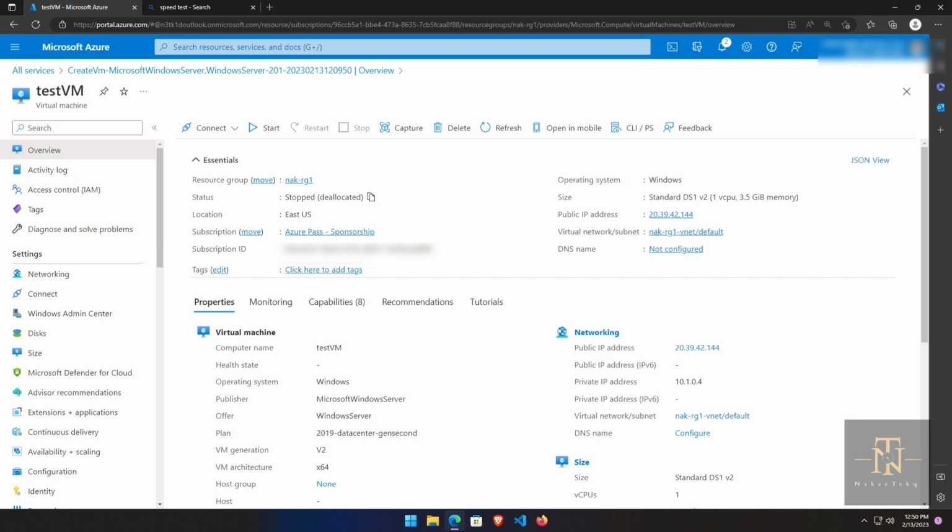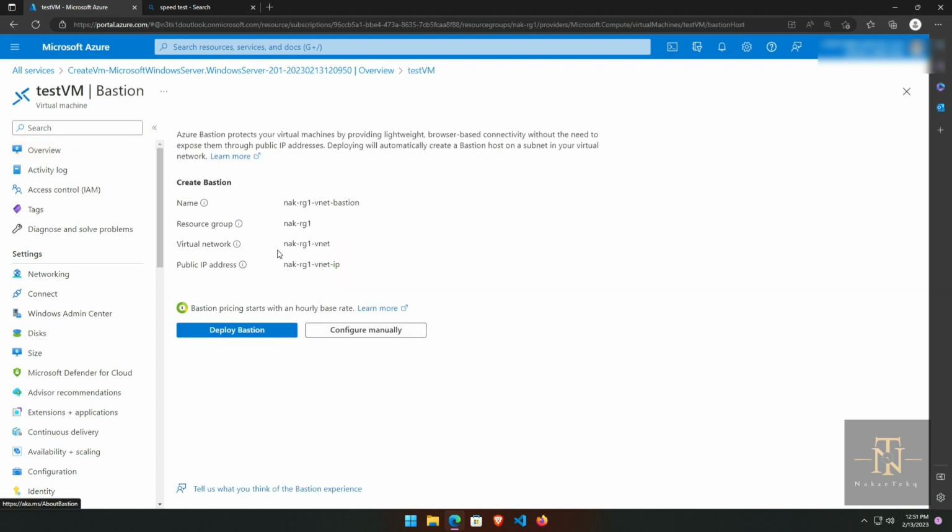Let's go straight to Azure Bastion. To use Azure Bastion to connect to our VM, we need to make sure that we have started our virtual machine. So we click on start and wait for the machine to start. The machine is now up and running, so the status says it is running. We can now go here, click Connect, then Azure Bastion, then Bastion. This is the first time we are connecting using Azure Bastion. We don't have Azure Bastion configured already, so Azure will guide us to create a new Azure Bastion